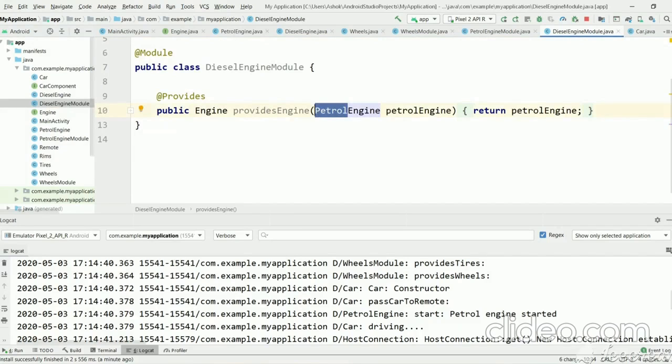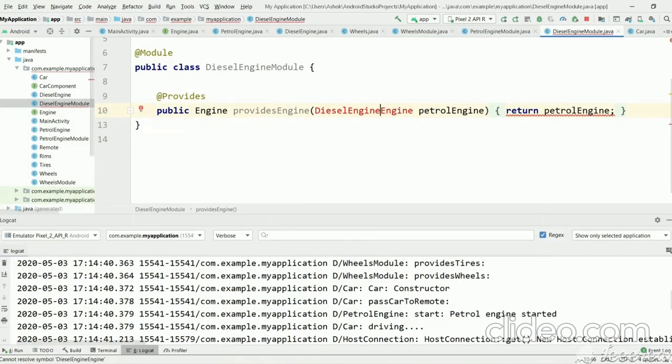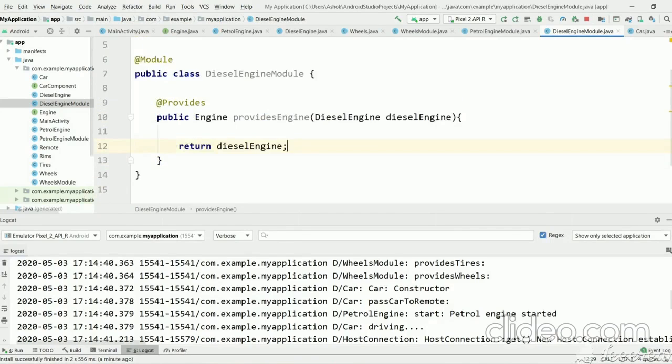Here we need diesel engine. Just rename the variable as well, and return diesel engine. So now we have created the diesel engine module as well.